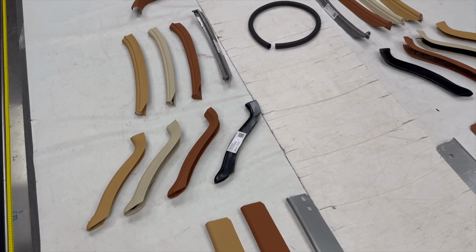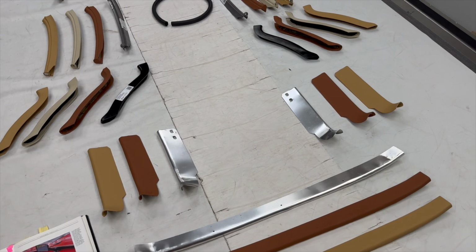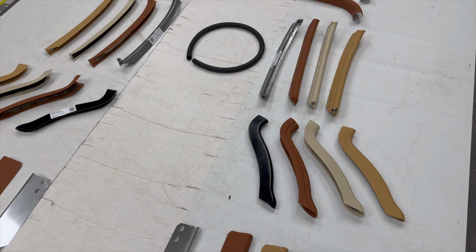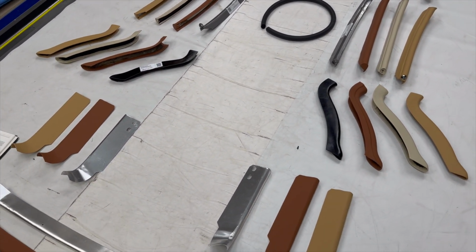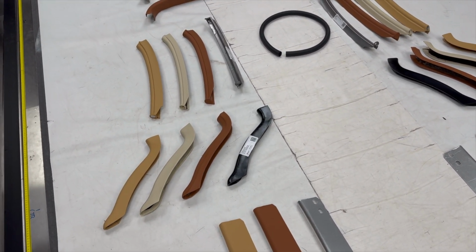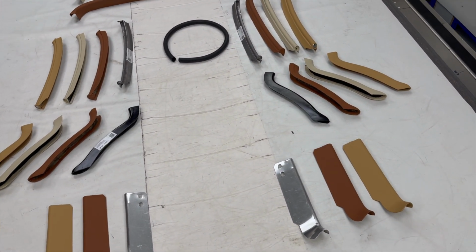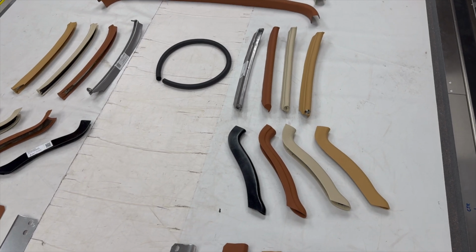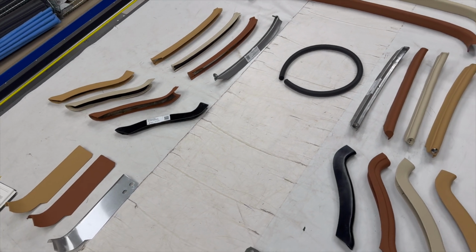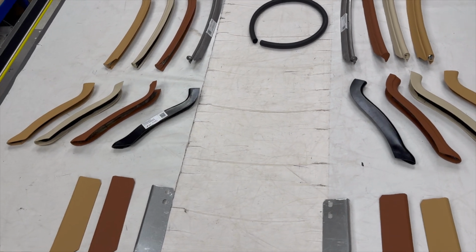In fact, this is one of the reasons that we started taking a bit of the trimming of these sorts of things in-house, and I started doing YouTube videos, because I had a, well, discussion, shall we say, with a customer of ours over in Australia who we'd done a whole kit for. His trimmer had done a very shoddy job on trimming the cappings. The cappings were the original cappings, and all we had done is supply materials to recover them, which happened to be leather, but we'd skived down the leather, we'd thinned it down effectively, which makes it easier to attain a better finish. It doesn't make them easier to trim, it makes it easier to attain a better finish,